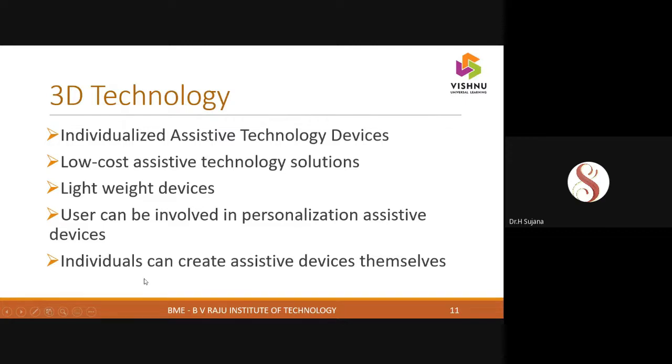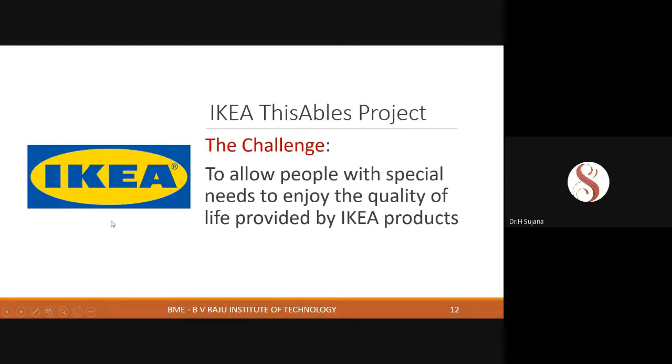And suppose you give him a file, they can get it printed also. So individuals can create assistive devices themselves. Because of all these advantages, 3D technology started into rehabilitation engineering. So here I just want to show the case studies where 3D technology has been used